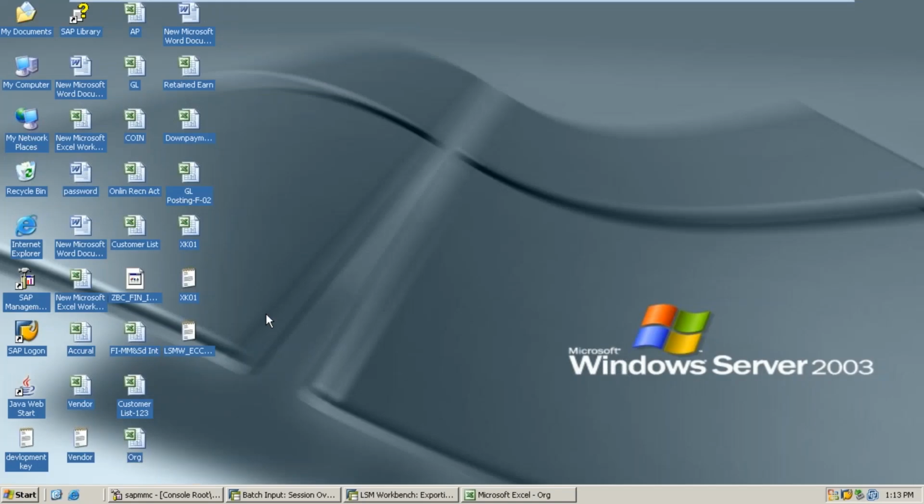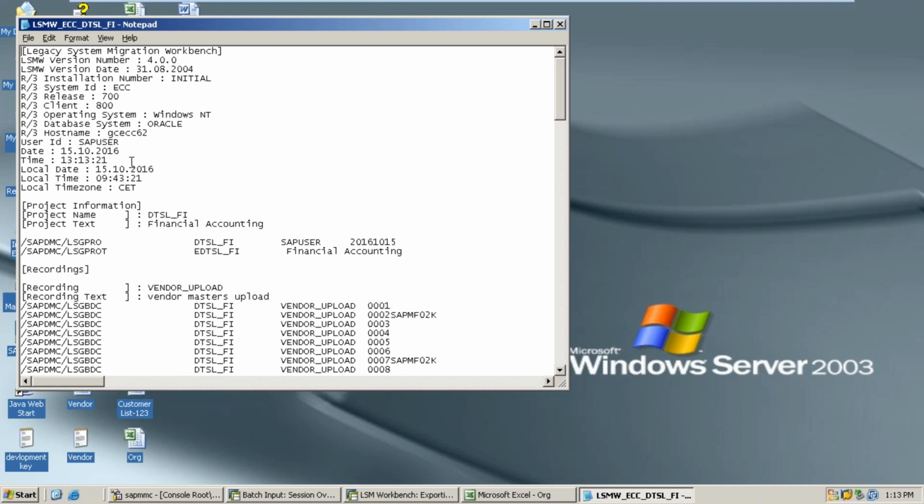Now go here, this is the file. Double click on this. Don't blindly upload this into the target system. Just double click. Here the system is ECC, which is my quality system name. My production system name is, for example, PEC, so put PEC here. What is the client? My production system client is, for example, 100. You change these two settings.